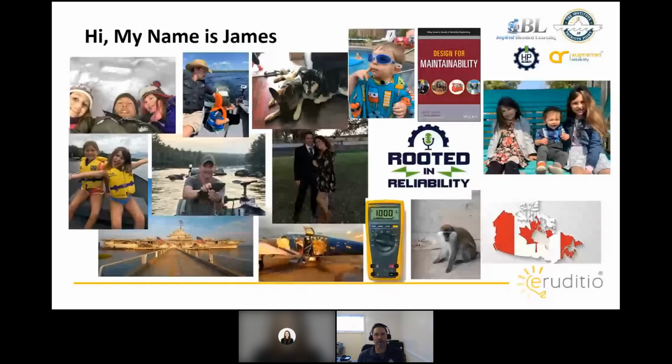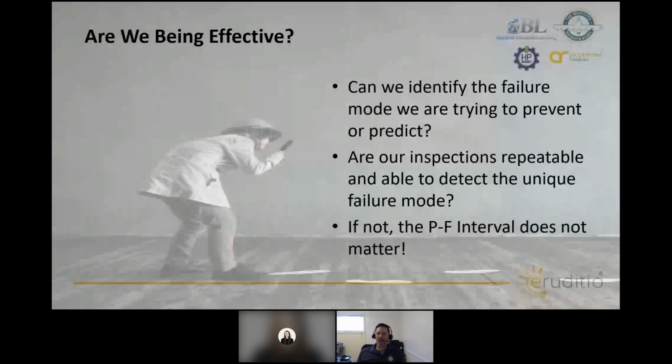Let's talk about the PF interval and how we want to use that to drive improvements in our maintenance program. All right, now, before we dive into the PF curve and the PF interval a little bit more specifically, we need to understand, are we being effective with what we're doing? All right, so the PF interval is going to help us optimize frequencies, what we're doing, that type of thing. But first, before we do that, we got to ask, are we being effective with what we're doing